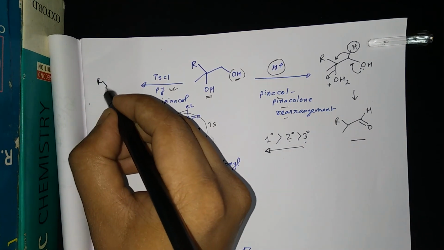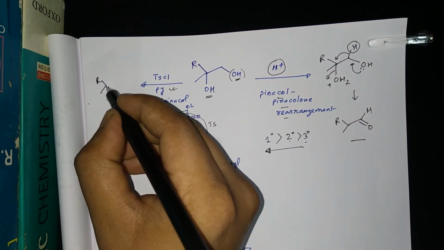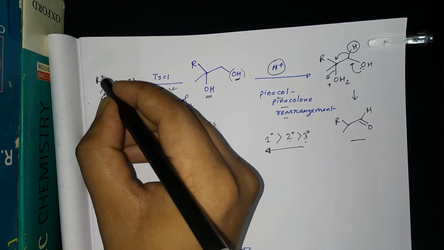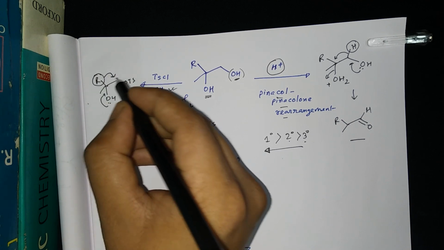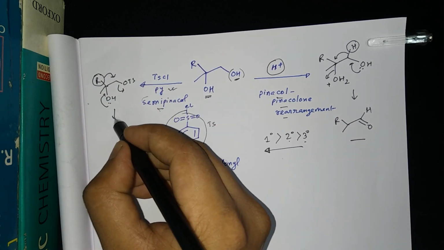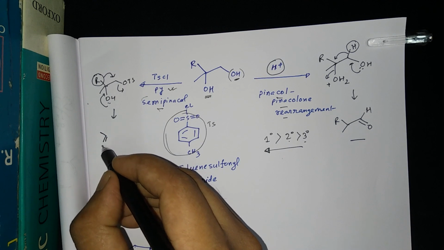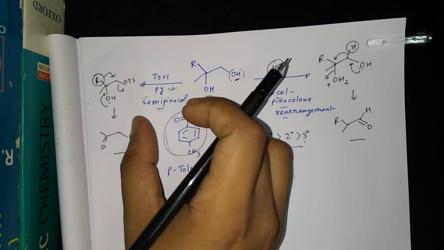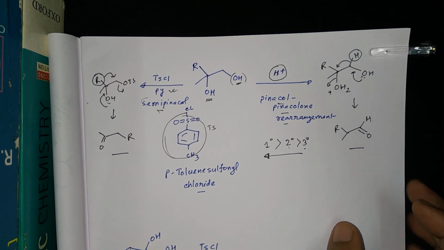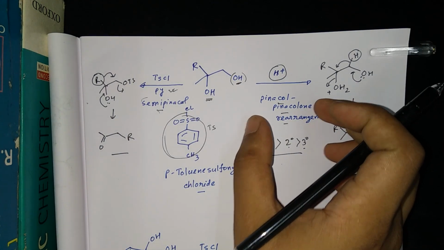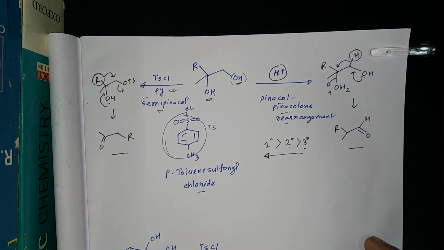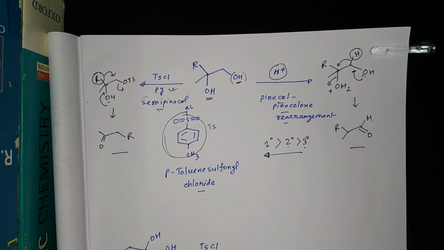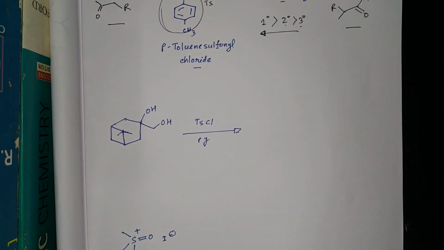So what will form here? OH and OTs will form. Now the lone pair will come and one group will migrate from here to here. Suppose R migrates and OTs minus leaves, so we get a double bond O and R. This is the product of the semi-pinacol rearrangement. Hope you understand the difference between the pinacol rearrangement and the semi-pinacol rearrangement, and the question given in our CSIR paper is a semi-pinacol rearrangement. So we will come to the answer.